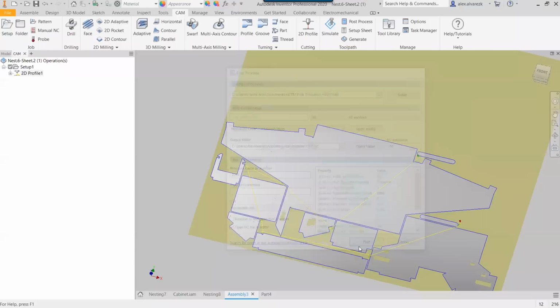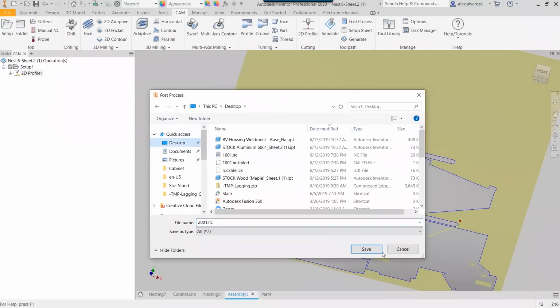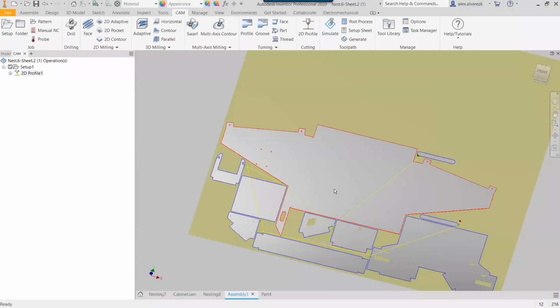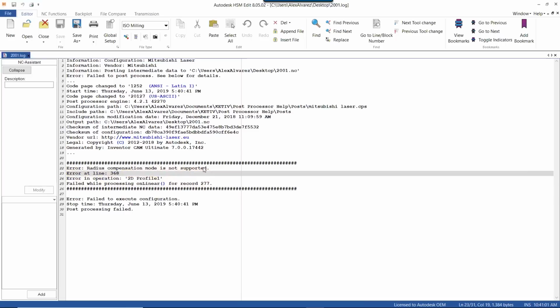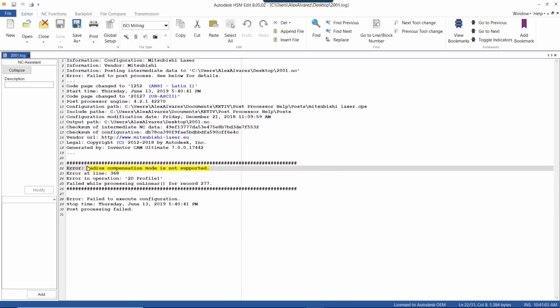And this should error out if I'm not mistaken. And it does, right? So a lot of people are going to see this and they're going to say, okay, well, what exactly is going on? I walked through this on a more CAM specified webinar. But really what you're trying to look at is going to be these error codes towards the end here. So one of the biggest ones that comes to mind is going to be this radius compensation mode